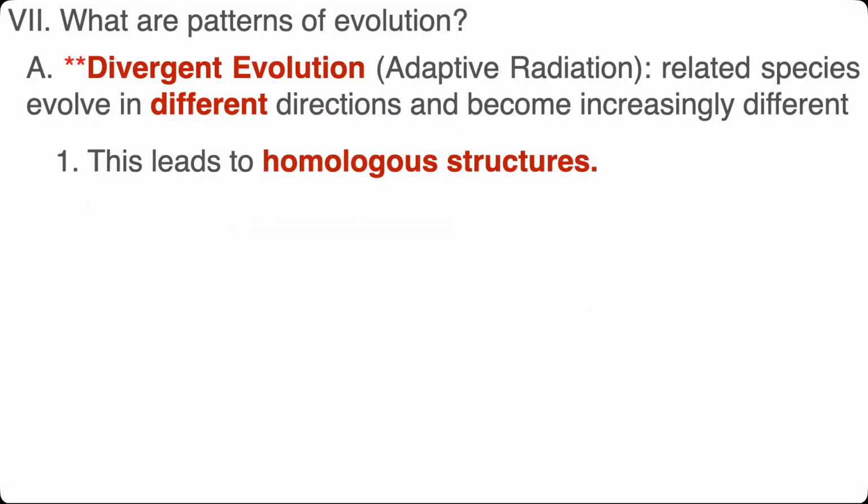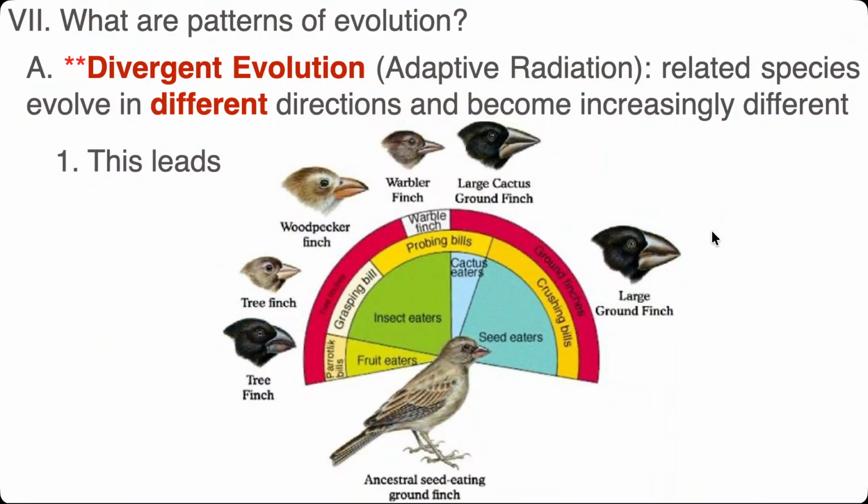So homologous structures, remember, are the things like different bones. They're things like in plants, we were talking about leaf shapes, right? Where they all have things in common with one another still, but they're very different now, right? A flipper from a whale is very different than the leg of a dog, even though they're made up of the same bones, right? And so a good example of adaptive radiation divergent evolution is that there was some finch